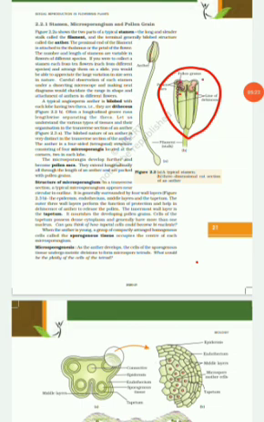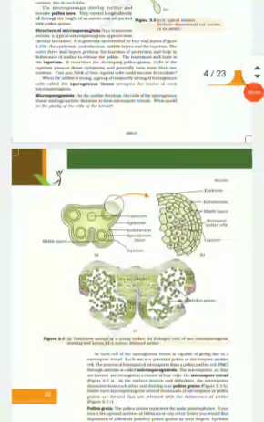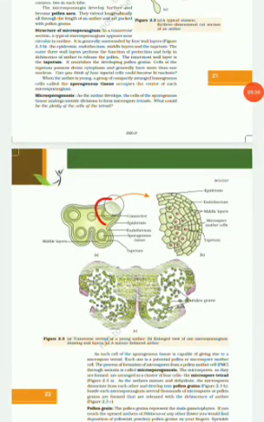The anther is a four-sided structure consisting of four microsporangia located at the corners. You see here, there are four microsporangia located at the corners. The microsporangia will develop into the pollen sacs. They extend longitudinally all through the length of the anther and are packed with pollen grains. Now coming to the structure of the microsporangium. So what is the structure of the microsporangium?